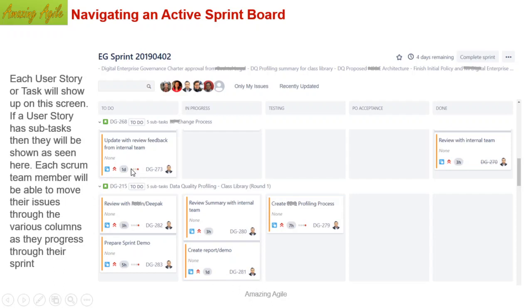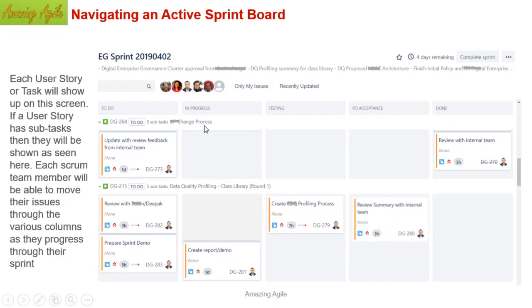So here, if you see, take this example. Here I have created many subtasks. Possibly it could be one demo, or the summary of the initial team. There's something there, so that's why there are many subtasks. When you are only assigned, it will be here. And once you want to do some activity, you have to move to the next column, because these columns are to do, in progress, testing, pure acceptance, and done. So whoever is working on that particular story can move it to the particular column. For example, I can move it from one column to here. How will I do that? I can simply drag and drop here. See, so I can move it.